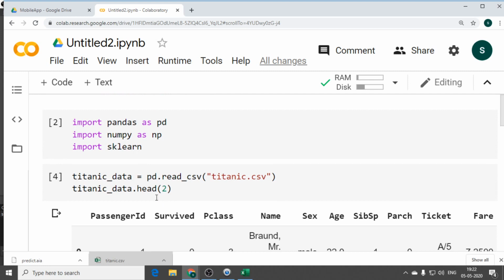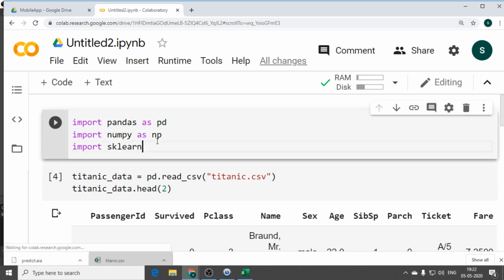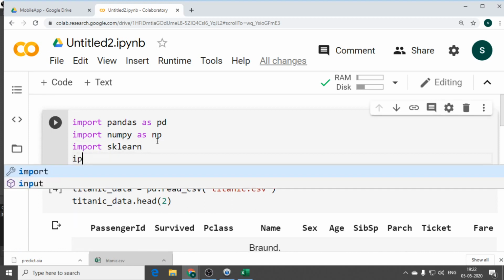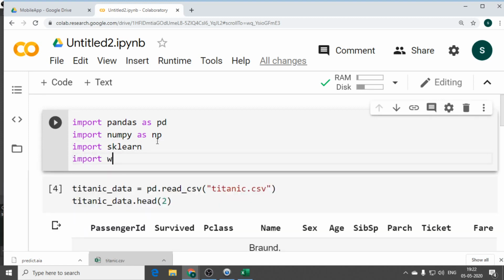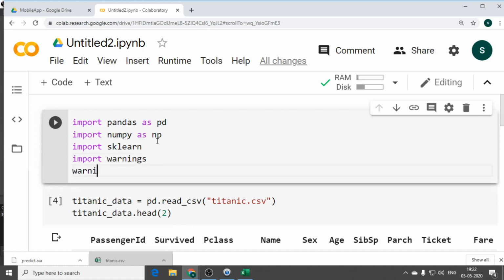Yes? So if you are having any warnings, there is also a library to ignore the warnings. So what I can do is I can import warnings and I will filter the warnings. warnings.filterwarnings of ignore, because I want to ignore any warnings.